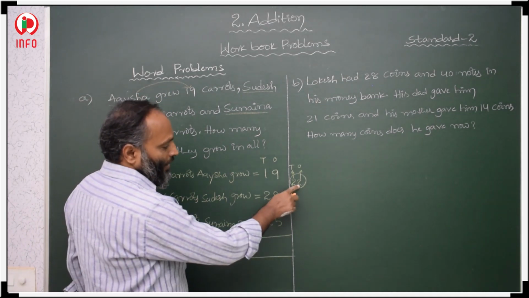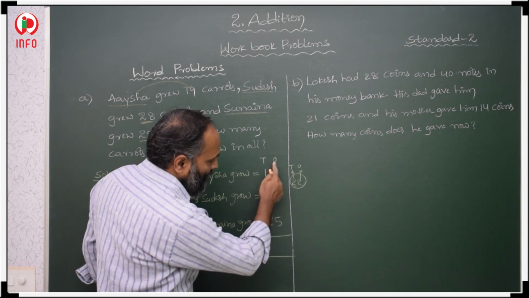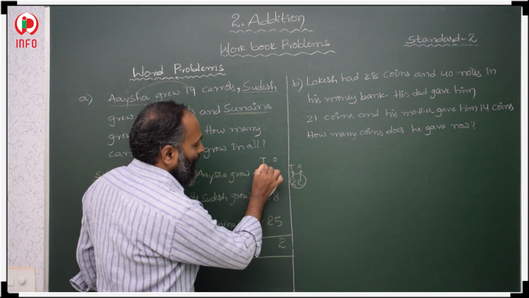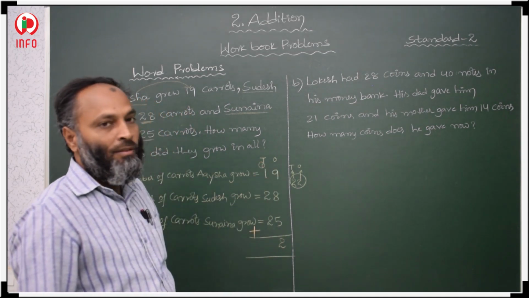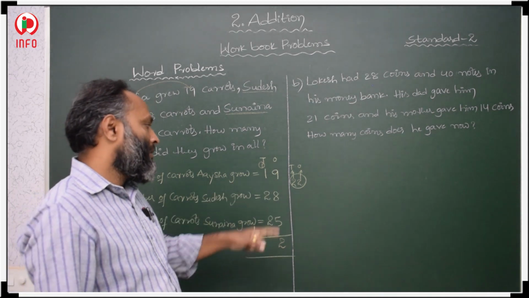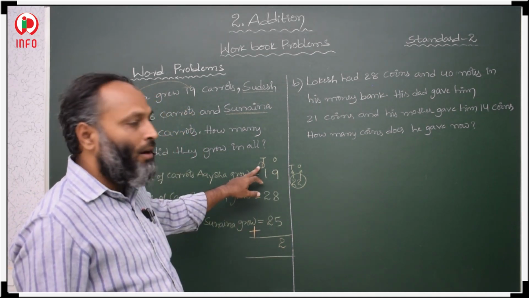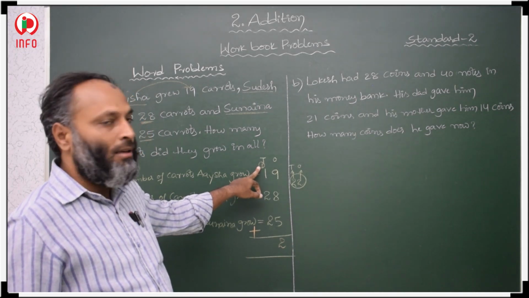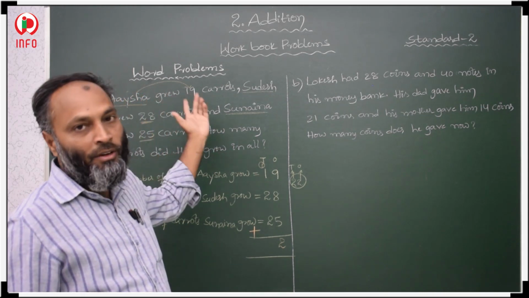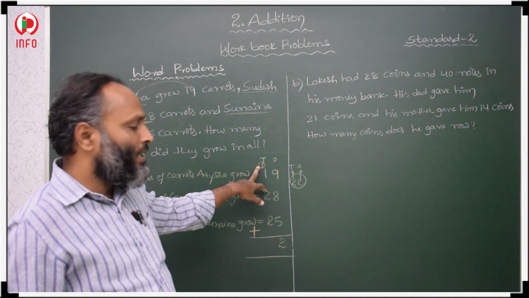So the ones place value we have to keep exactly below this ones place, and the tens place value we have to take in the tens place, on top of our tens place value. Okay. So we know how to take carry and how to take over a certain place. In your next classes you will get hundreds place, but here you have only 2 digits, so it is like this.